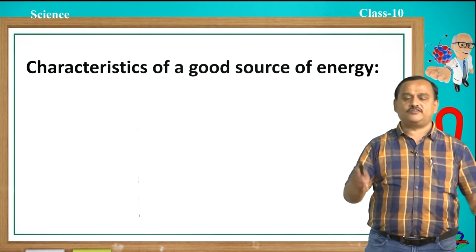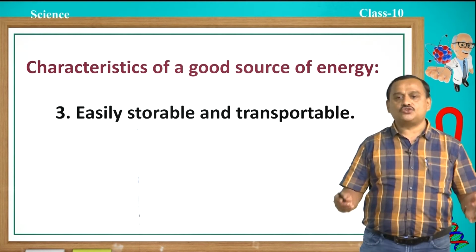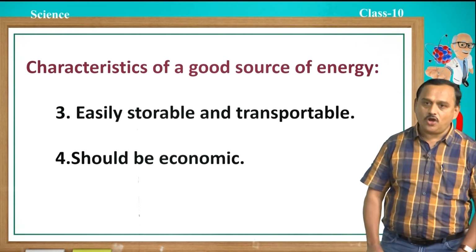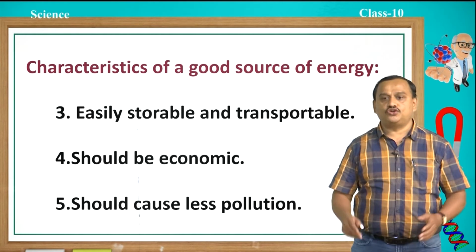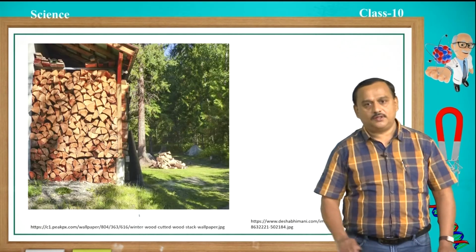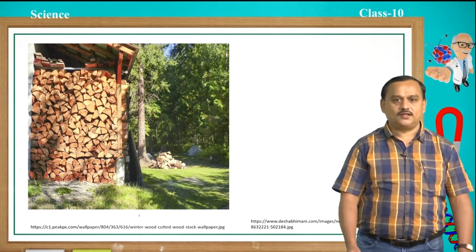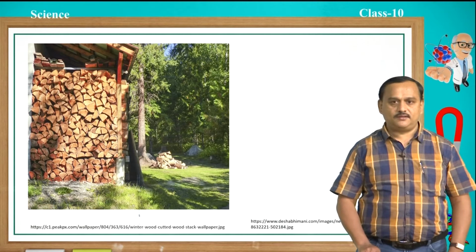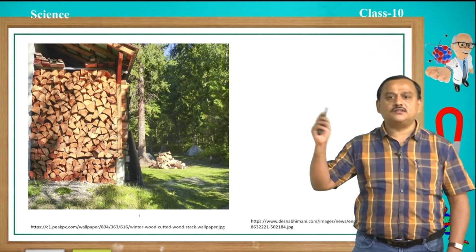Characteristics of a good source of energy continued. The third point is that it should be easily storable and transportable. It should be economic, and that means it should be cheap and it should cause less pollution. Look at this picture. The wooden blocks are stored. You just imagine the space, how large a space is taken to store these wood blocks, and just imagine the process